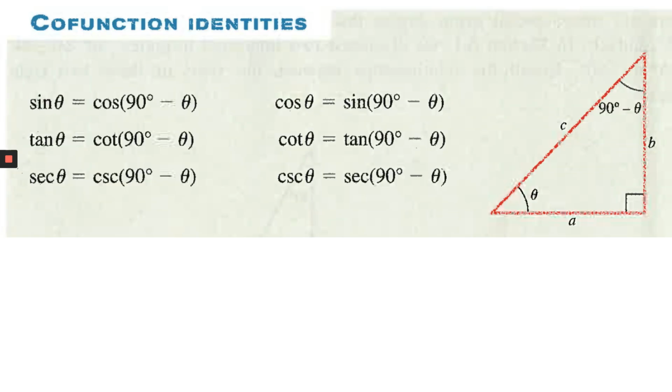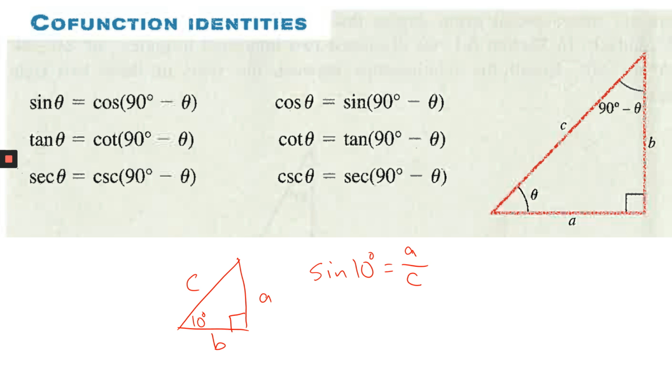All right, now the next thing to add in here are the cofunction identities. What this is saying is that 90 minus theta is always going to be your other corner of the triangle. So let's think about it like this. It might be easier if we thought about this with numbers. If I have 10 degrees, that's the angle I'm talking about, and I have my A, B, C for my sides. The sine of 10 degrees is going to be the opposite side, which is A, over the hypotenuse, which is